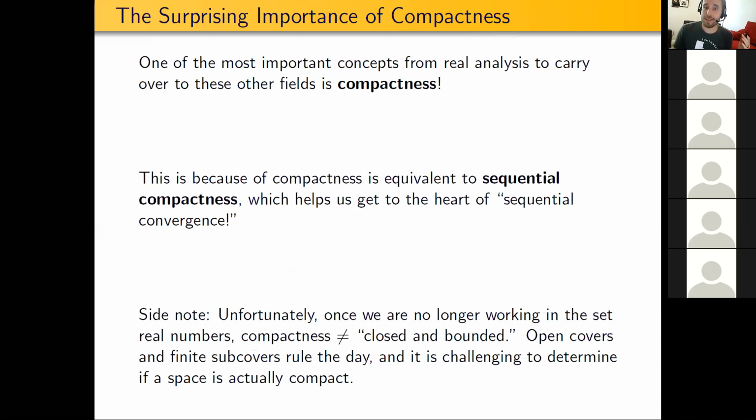So one thing that we saw, I think beginning of last week, was this idea of sequential compactness, right? And when we talked about sequential compactness, as a reminder, we saw that sequential compactness meant,